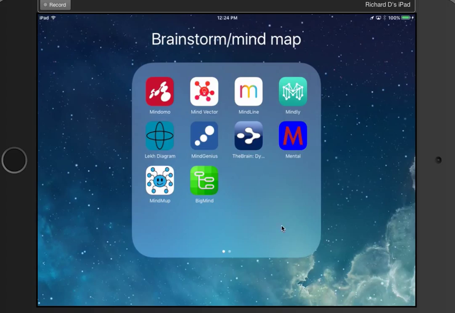But before I do that, let me just suggest that I'm making an assumption that you have an iOS device, such as an iPhone, an iPad, or an iPad mini. This is my iPad mini. And you know how to download the free app called Mindline. So the first thing we're going to do is tap on Mindline, and I'll give you an